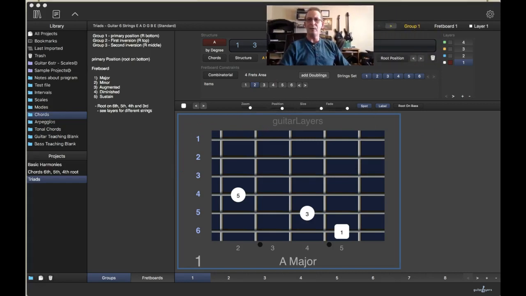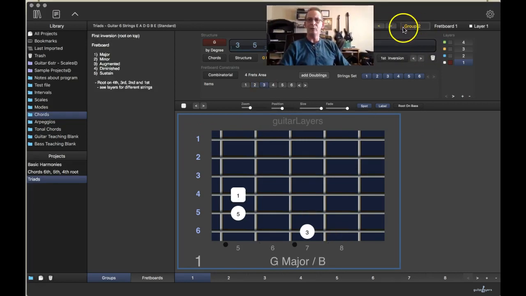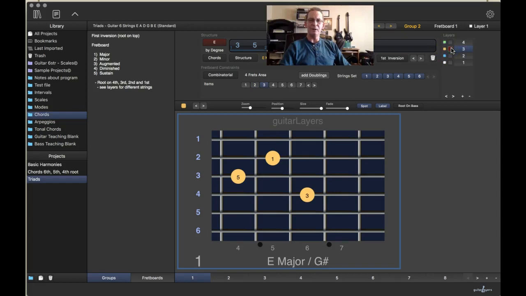So basically, I want to come to here. I want to go to group 2. Now this is root on the top. So you've got root, 3rd, 5th. Okay? So I'm going to go through these. Now you can have these starting from the 4th string, because that will be the root, 3rd, 2nd, and 1st string. So that's from the 4th string, from the 3rd string, the major triad, from the 2nd string, and